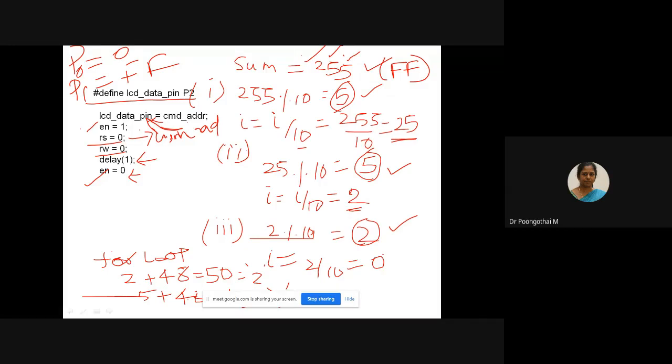For that, I have to add 48 to each digit. So 2 is added with 48, 5 is added with 48, and similarly the other 5 is added with 48, and this data should be sent to your LCD in order to display 255. Is that clear?